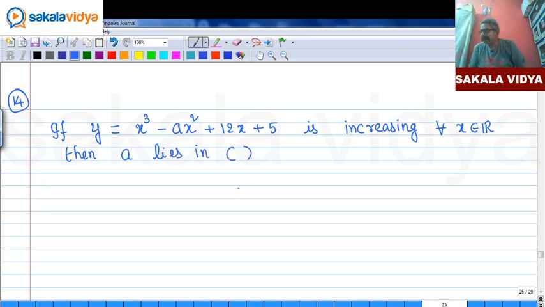First option minus 12 comma 12, second option minus 11 comma 11,